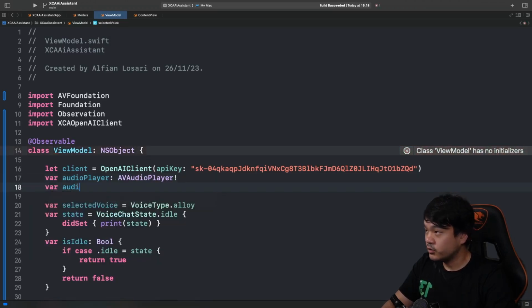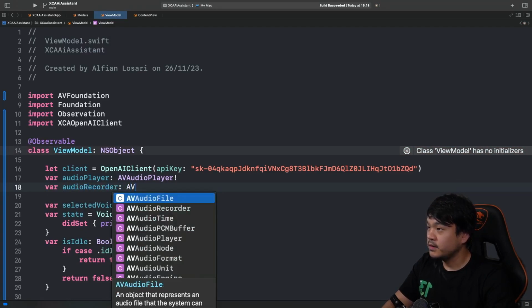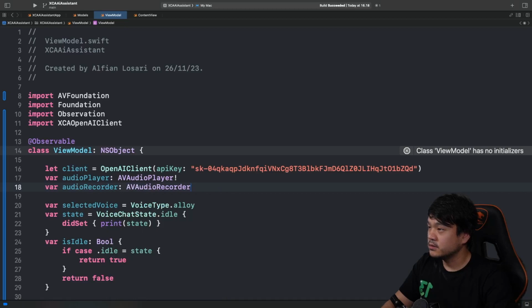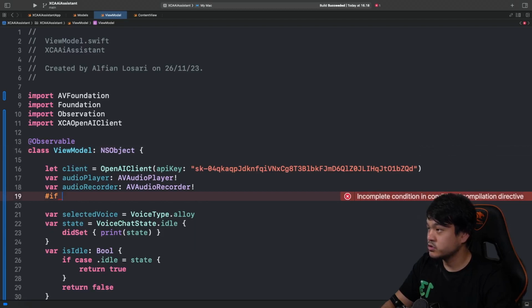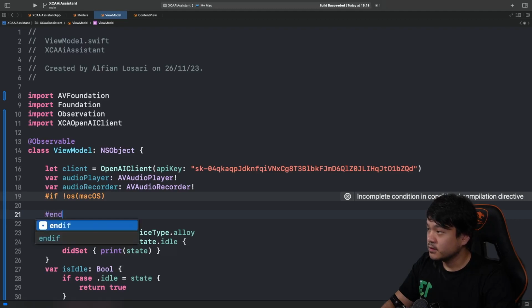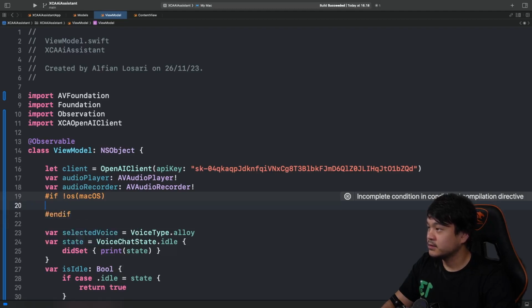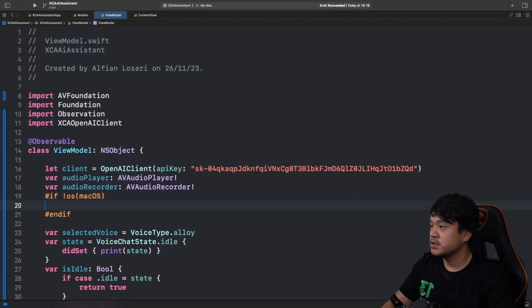Next one is audioRecorder, same AVAudioRecorder. It's going to be also implicitly unwrapped and specific to visionOS and iOS. So we're going to use this: if not os(macOS). It will affect visionOS and iOS if we are using this.